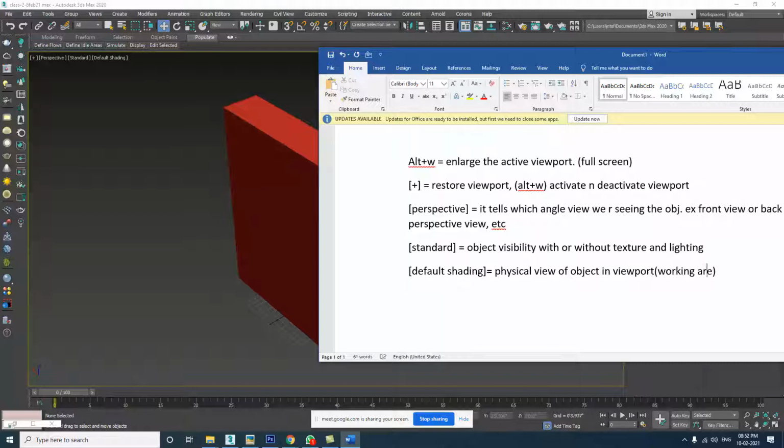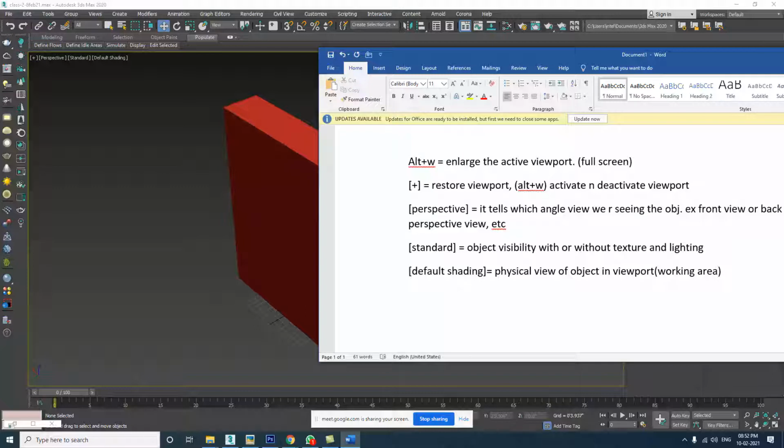Your final view will be different. This is just for your working area, just to reduce the pressure of your work on 3ds Max and on your computer. You can change the physical appearance of your object just for your working. Your final render output will be really different. This is just for the working area.